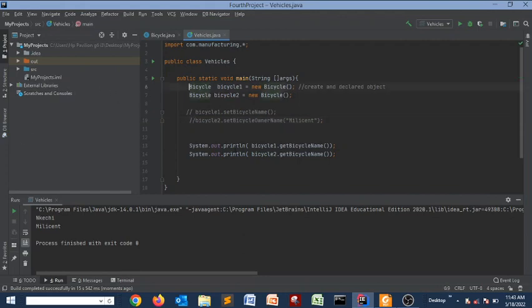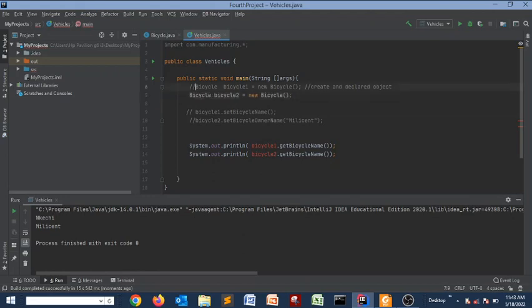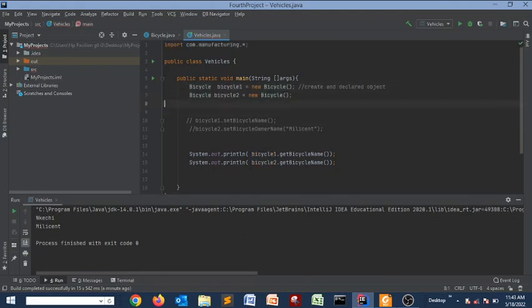Remember I said now I want to, let me comment this one. Now let me create another object. Let us say bicycle 3, or maybe I may not even comment those ones, just however you want it to be. Okay, let us say bicycle 3. Let's create bicycle 3, and we'll say Bicycle bicycle 3 equal to, now instead of me using the default constructor,